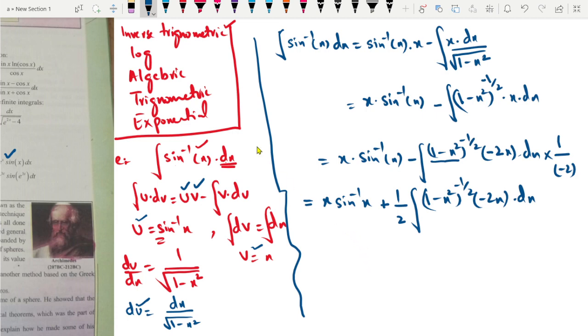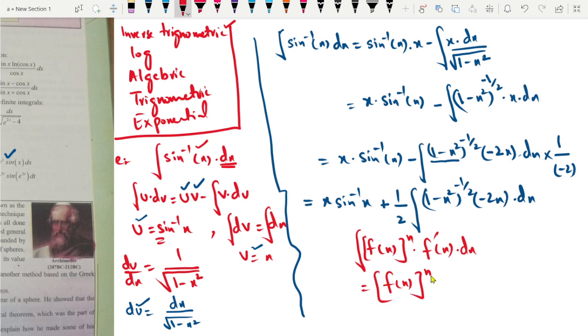Now we know the formula: integral of f of x whole power n times f prime of x dx is equal to f of x whole power n plus 1 divided by n plus 1. Here f of x is 1 minus x square, and its derivative is minus 2x, which is present. So applying this formula, this will become